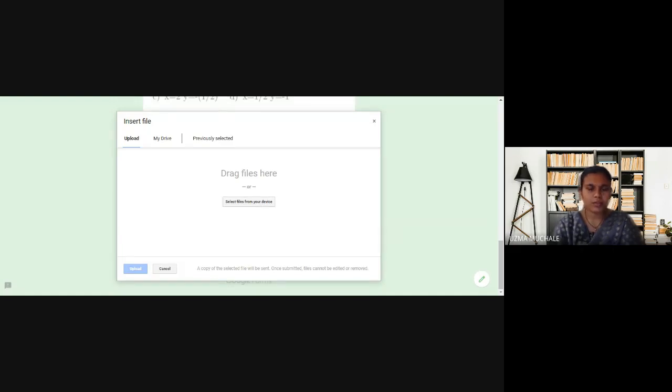Suppose I asked for the proof of the Euler-Lagrange theorem in the question. At that time you have to first write it down and then take a photo of that, or rather you can upload it by scanning it. You can use a cam scanner or Adobe Reader. So here there are options. You can upload any pictures from your device. Just select it and keep it in such a way that you can easily select it. Open means it will open and be uploaded.